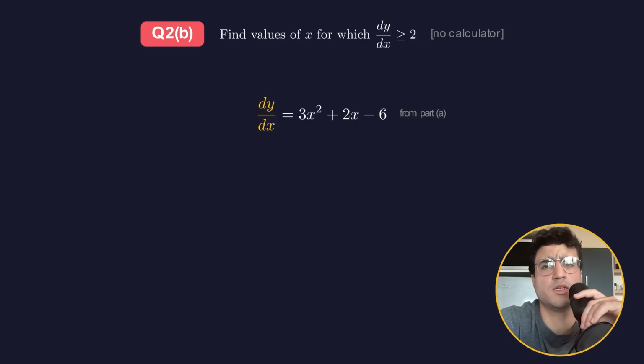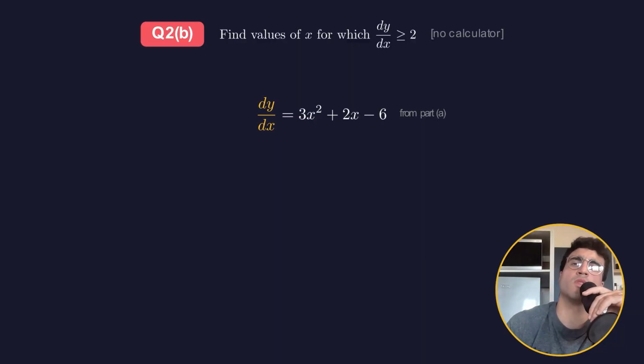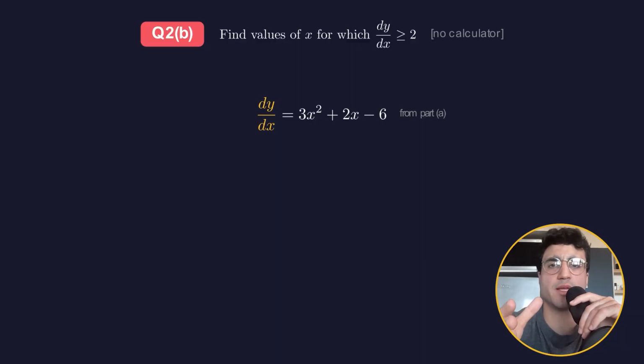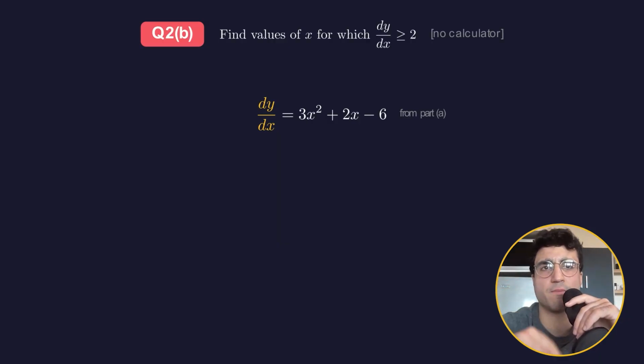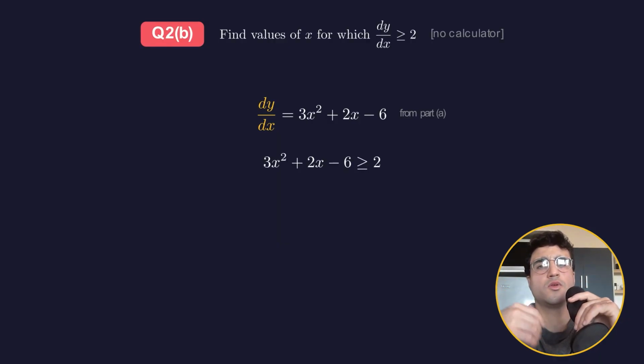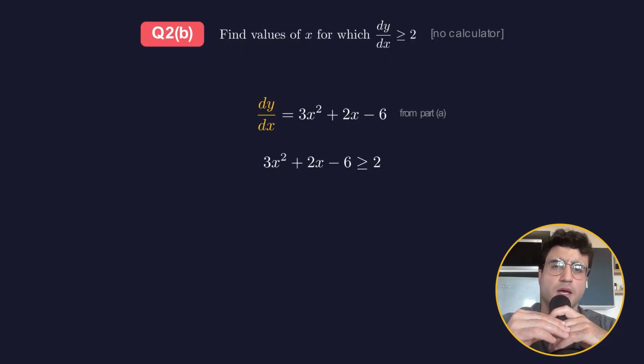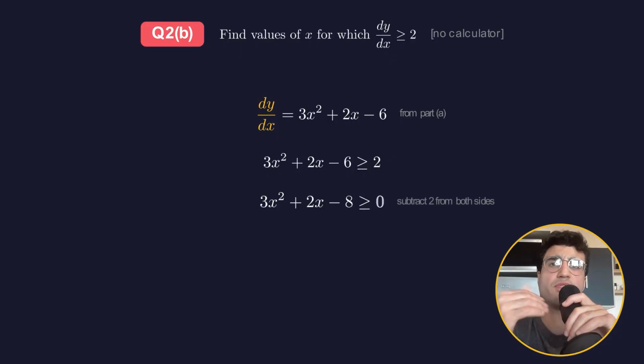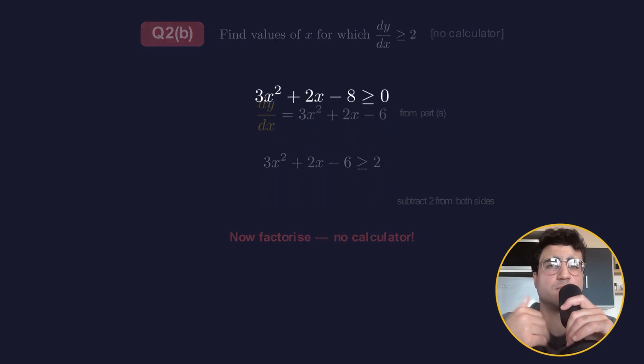Okay, so again, no calculator allowed here, so what were they trying to do? Well, this was 2 things. They were testing our inequalities knowledge and also our factorization knowledge. The key thing here was we need to say, okay, we got dy by dx, and we're going to set that bigger than or equal to 2. Once we do that, we can then say, well, okay, take the 2 over, so we have 3x squared plus 2x minus 8 must be greater than or equal to